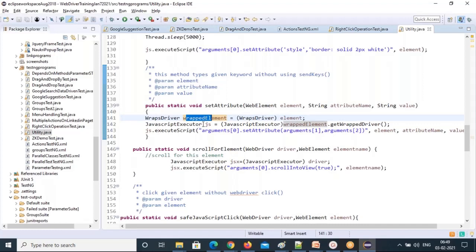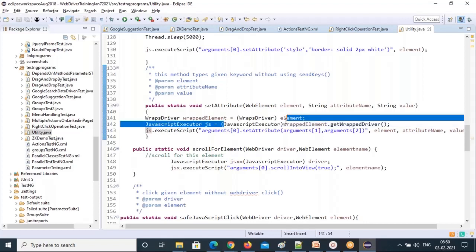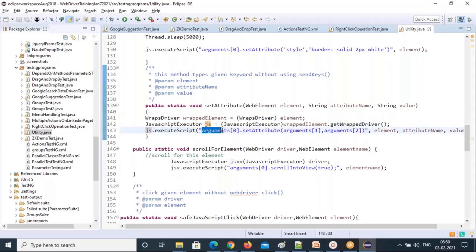Then JavascriptExecutor js equal to this wrapped element dot getWrappedDriver, and you are typecasting to JavascriptExecutor. Again, js dot executeScript, arguments[0].setAttribute, arguments[1], arguments[2]. So that means this is argument 2, argument 1 and argument 0.